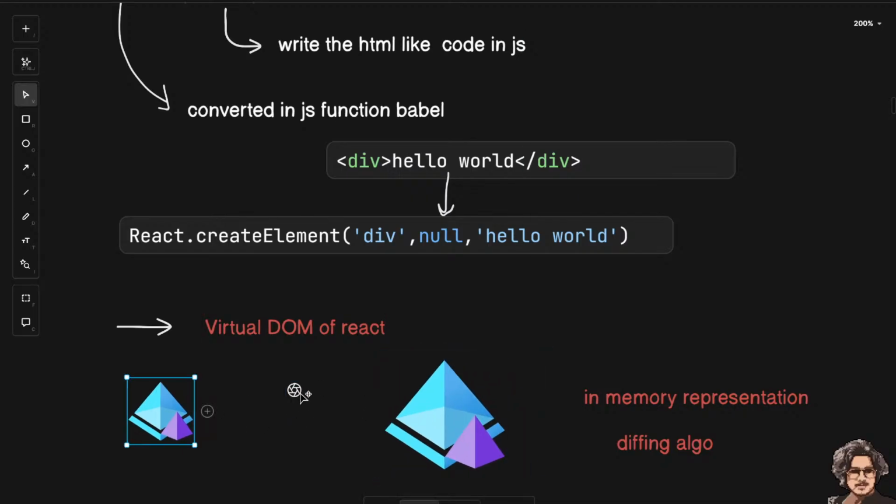If any state changes in the virtual DOM in React, then we compare it with the real DOM, and using the diffing algorithm we efficiently update only the part of the real DOM that has changed. So the benefit is that it improves performance by reducing the cost of